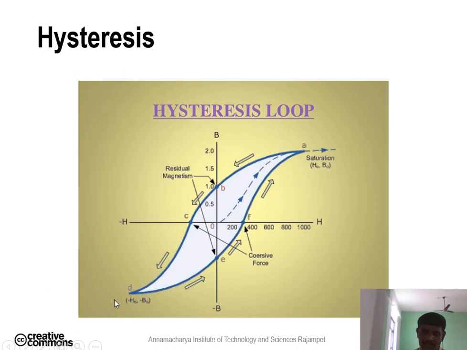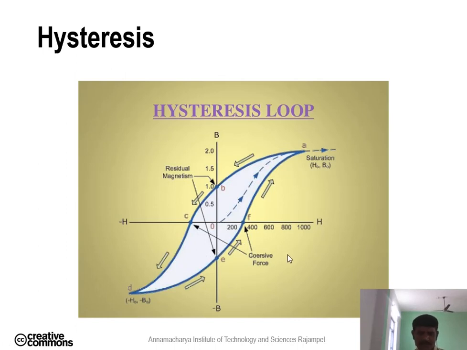For that, a half loop is formed, and the remaining half loop is closed by increasing the magnetic field from negative to 0, 0 to positive. The remaining loop is closed like that. This is the O, A, B, C, D, E, F loop. This is called the BH loop or BH curve. So as I told, the lagging of magnetization behind the magnetic field is called hysteresis. So this is the BH loop or BH curve.